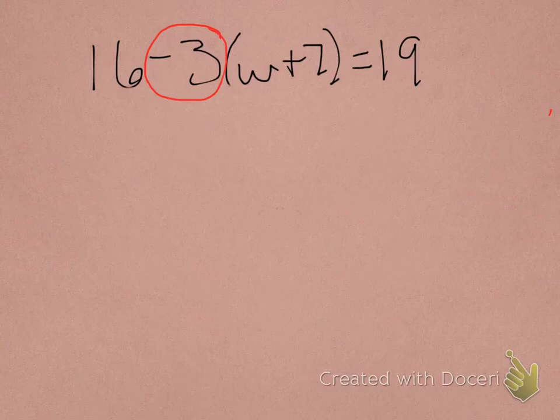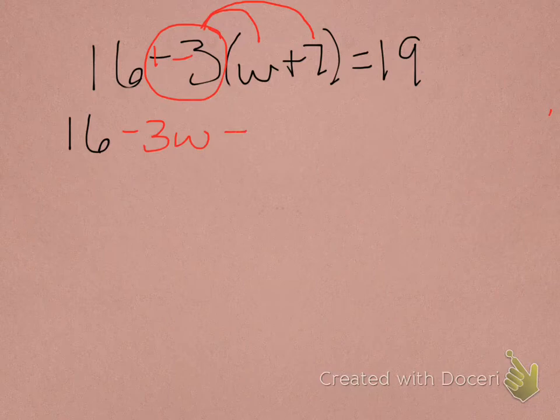We actually are going to end up taking the negative 3 and performing the distributive property, or multiplying that by the quantity w plus 7. And I say negative 3 because the minus is actually acting as a negative for the 3 value. Remember that every subtraction means adding a negative number. So change any subtract to add the opposite, adding a negative, which makes that a negative 3. So then I would end up distributing that negative 3 first, which would give me 16 minus 3w minus 21